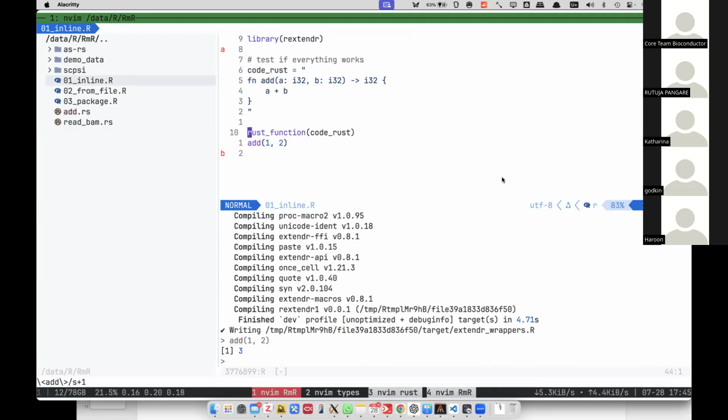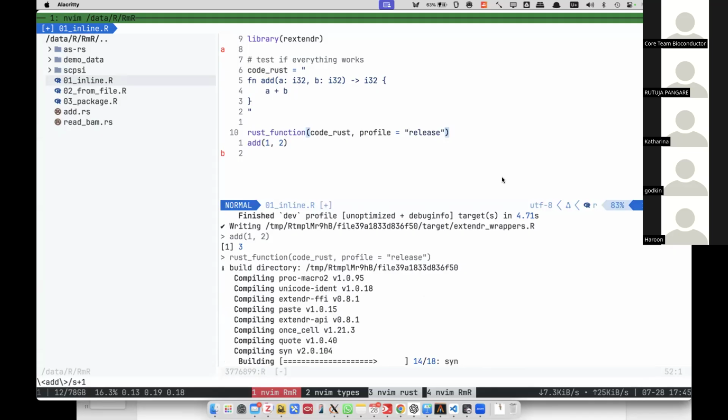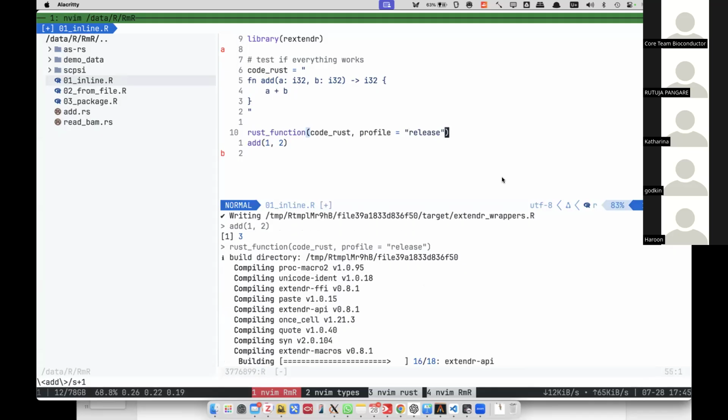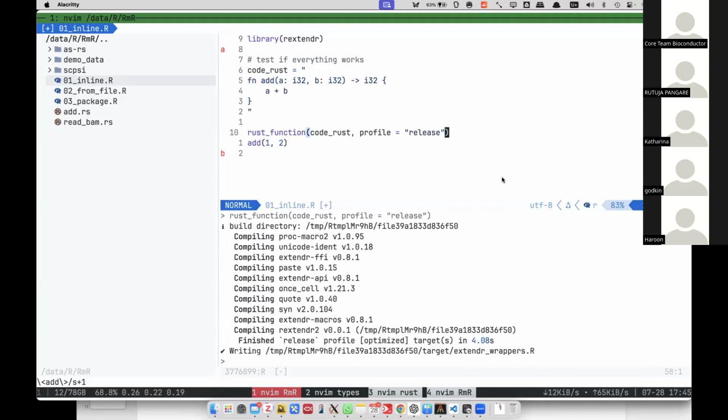Therefore you can use it here. This is what I did at the beginning. I tried it and found it quite easy. It should be mentioned that the default compiling is in development mode, so it's not optimized. If you need optimization, you need to set the profile to release, so you can have better performance with the compiler optimized.